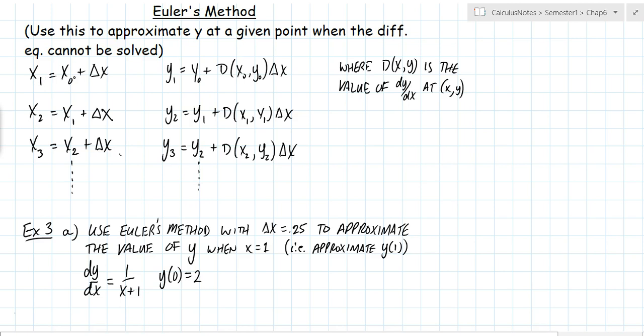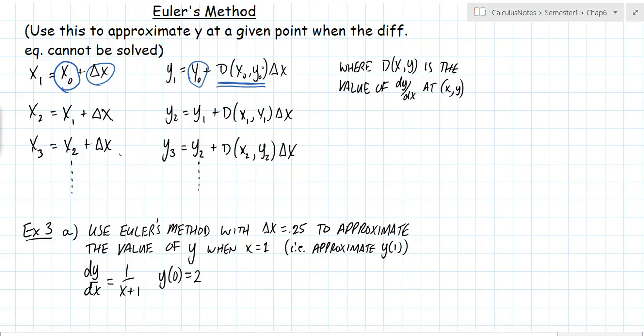So we need to start with a point. We have to have a starting point and a derivative. And so our starting point is x sub 0, y sub 0. And then to get our next x value, x1 is equal to the previous x value plus the change in x. And then our new y value is going to be our previous y value plus the derivative at the previous point. So remember, it's a differential equation, so we know the derivative. We plug in the previous point, x naught, y naught, and then multiply by delta x,